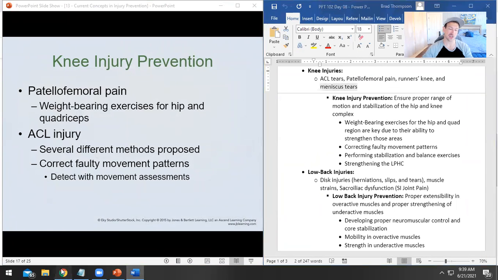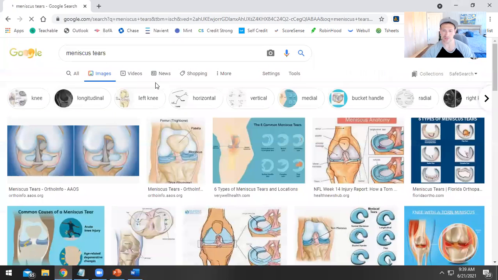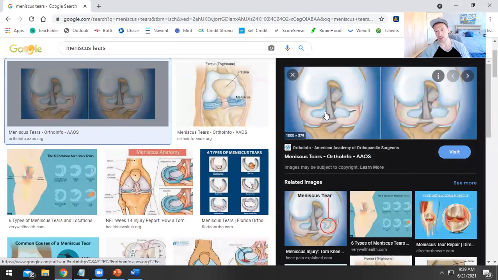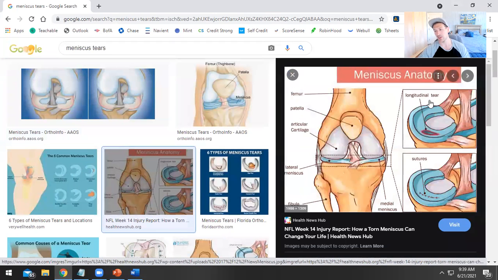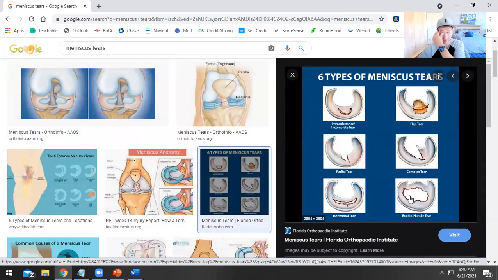And the meniscus tears are just coming from general instability of the knee. Your menisci are these two little C-shaped pieces of connective tissue that sit on the top of your tibia. They are meant to increase how concave your knee is, so that your femur doesn't ever slide off the top of your tibia. And there's different versions. This is what's called a bucket handle tear, where you'll see it like that, where it looks like you can just thread your hand into it. You'll see radial tears. There's a lot of different versions out there, but